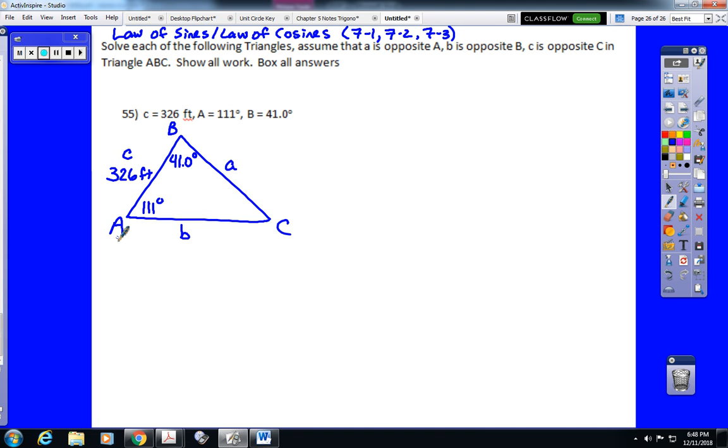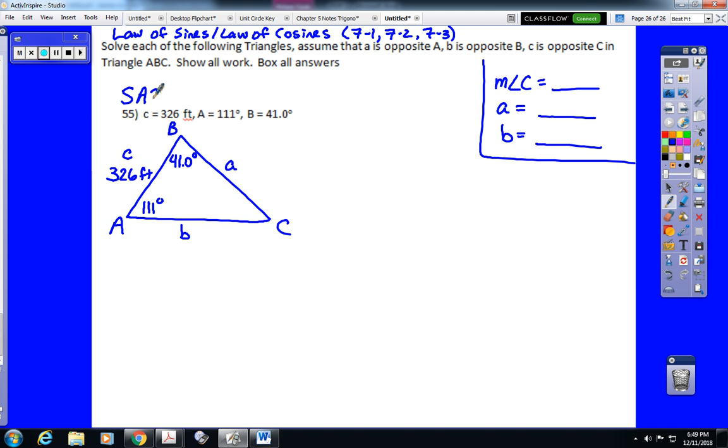We need to find 3 measurements to end this problem. The measure of angle C, the length of side marked little a, the length of side marked little b. So make yourself a little answer box up in the upper right of the workspace and put your answers up there. Now we're given